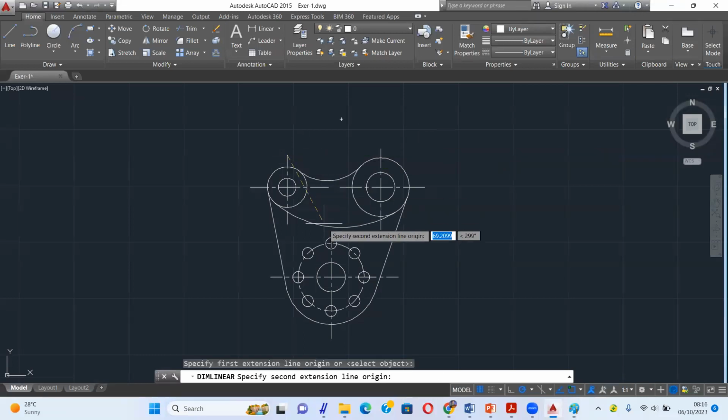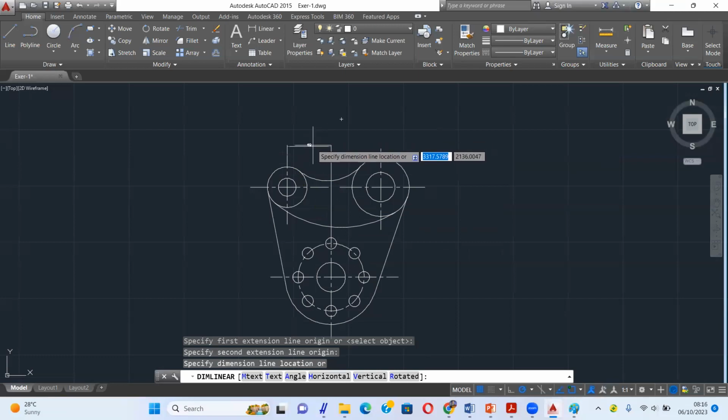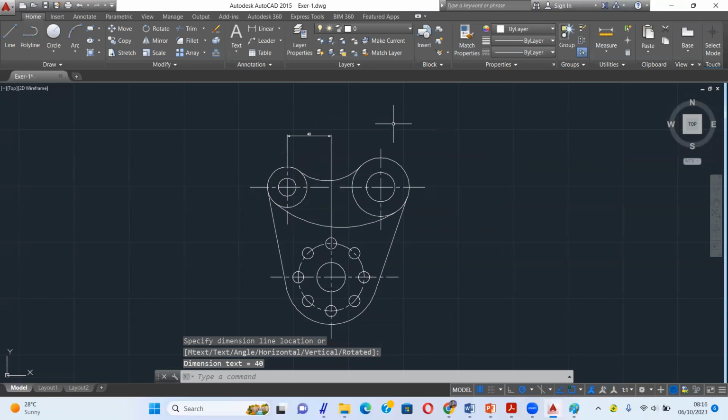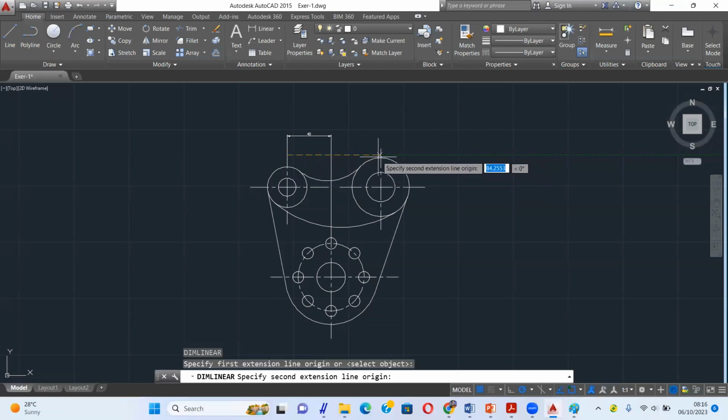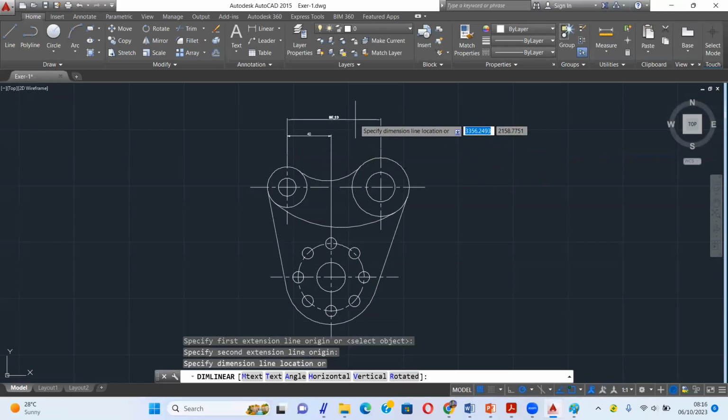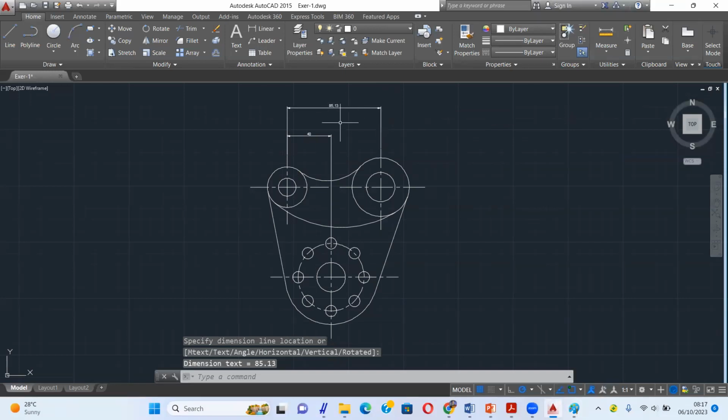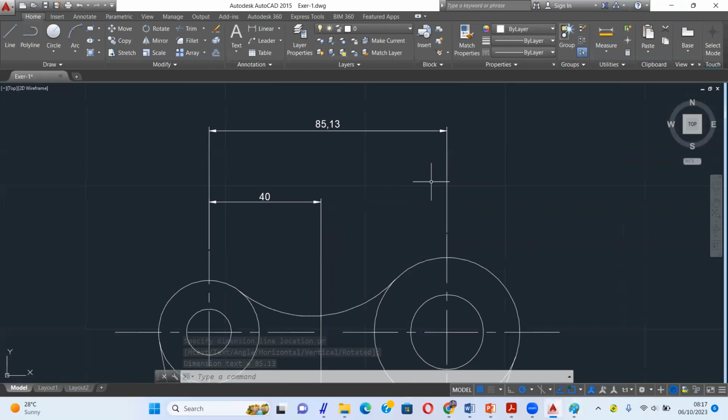From here to here, 40. And then enter to repeat the command. From here to here. This is 85. Okay, if you find the dimension is not correct, it means your lines maybe are not correct as well.